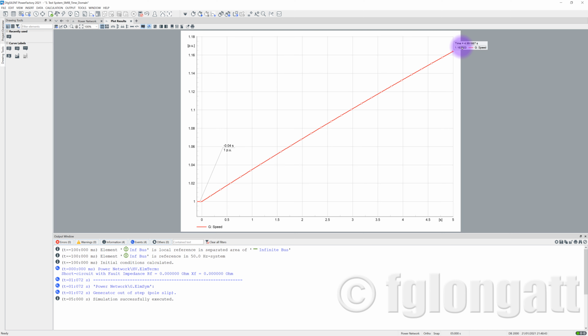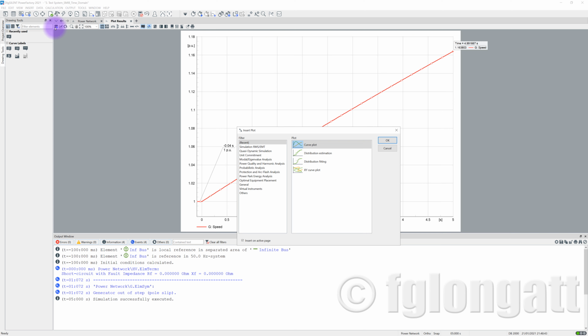And when we are working with rotor angle stability, we need to care about the rotor angle. And to include the plot for the rotor angle, now let me show you. We will go here again to the same button over there, on the top left hand side. You can see there is an icon over there. You can click, and I will select again RMS simulation, and I will select here curve plot, okay? With the curve plot, I will select okay,